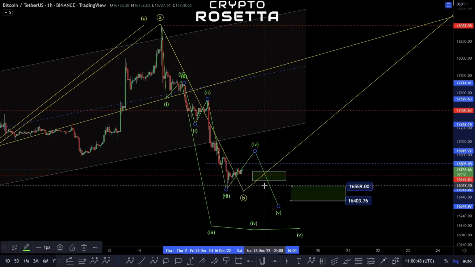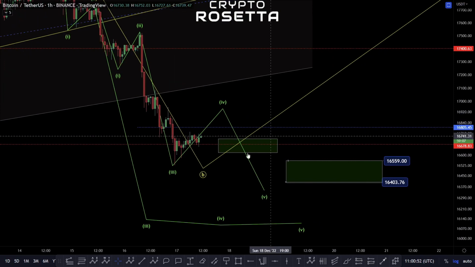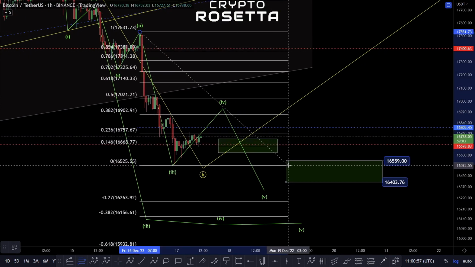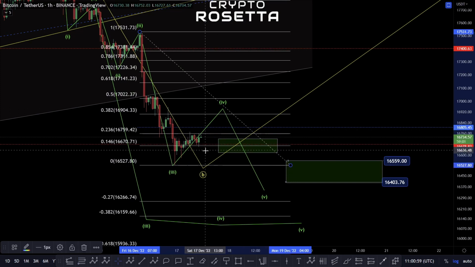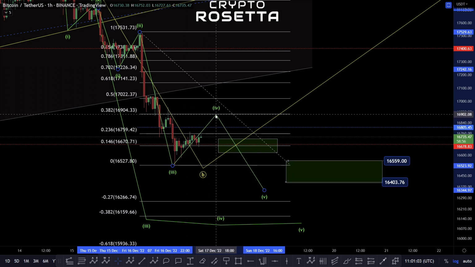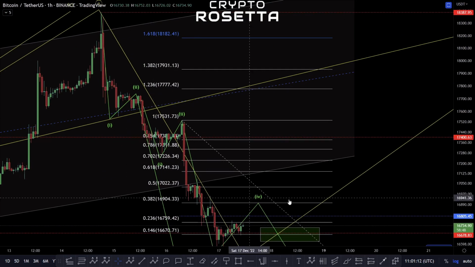Though this is looking a bit neater to me. So this is my primary count that I'm going with, and we'll see how it reacts. So if this is the case, what we would be expecting here is from this low point, we'd be looking for a bounce up towards this 382 zone, which we can see here lines up with this previous 4th wave within this move there. So like I said, when we're having these extensions like this, we have to be careful